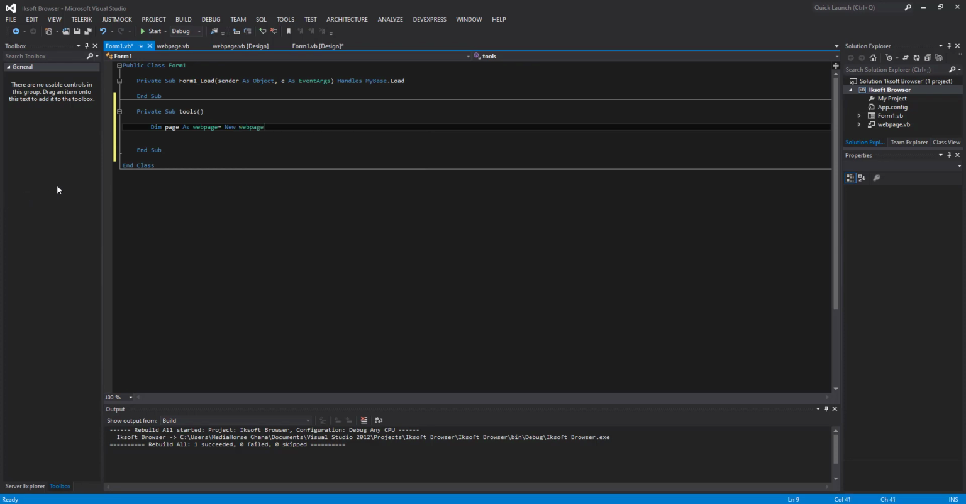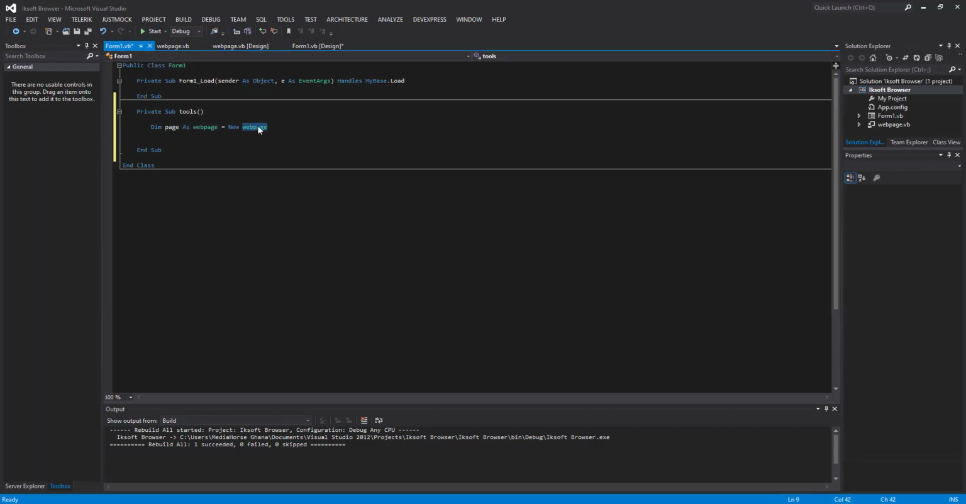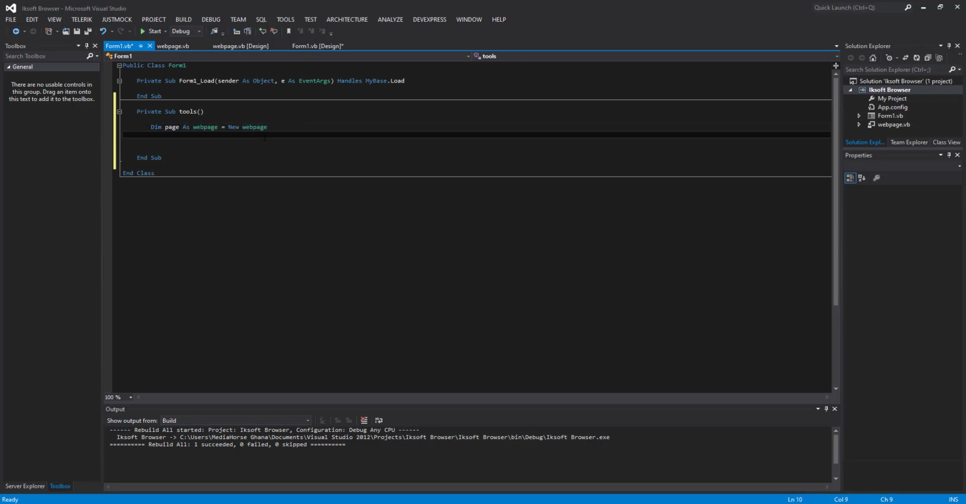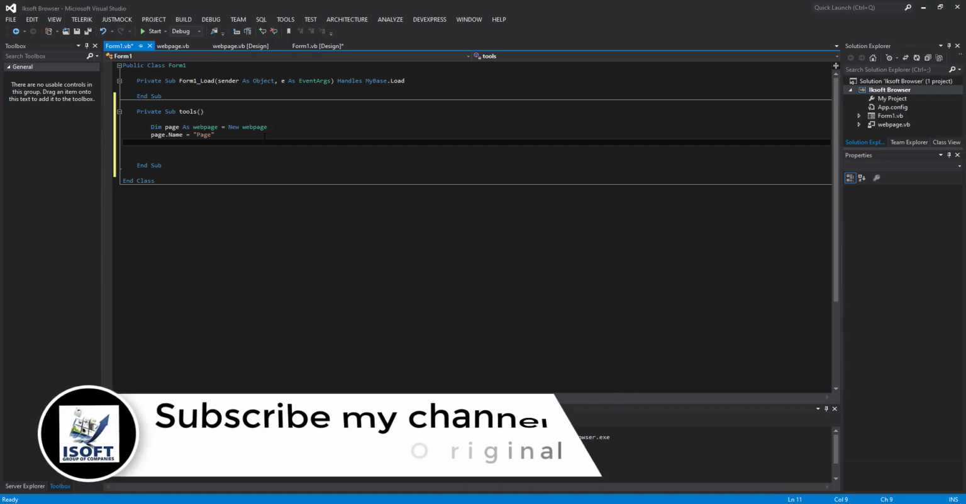So we are declaring page as our web page, which is this design we created, equals to be a new web page, right? So wherever we type page, we refer to this, right? So let's give the page a name. We will say that page dot name should be, let's give it a name. Let's say page, just like that, so that it will be recognized in the tool in the property